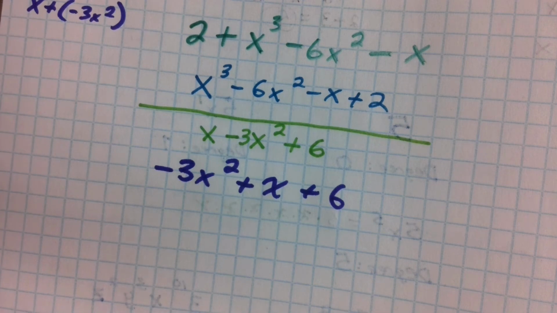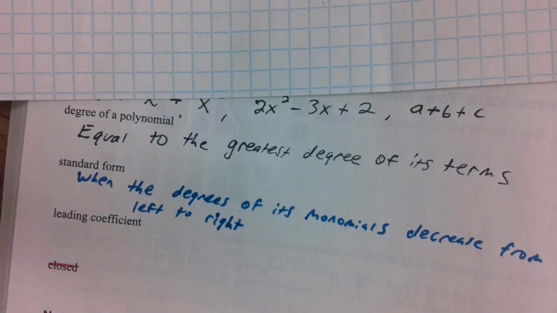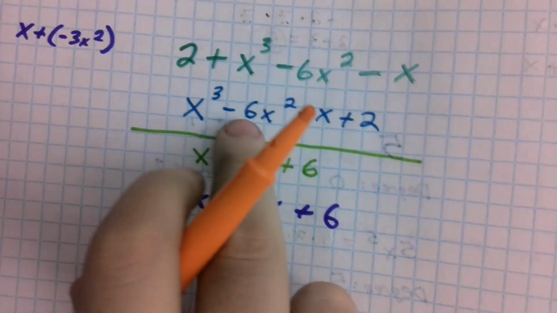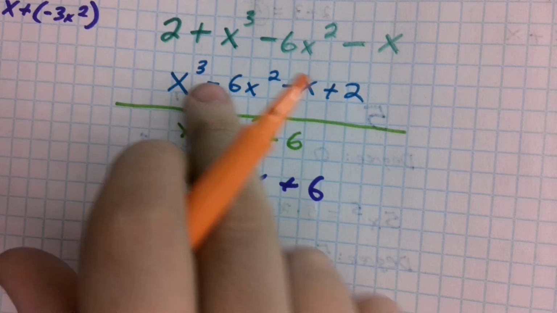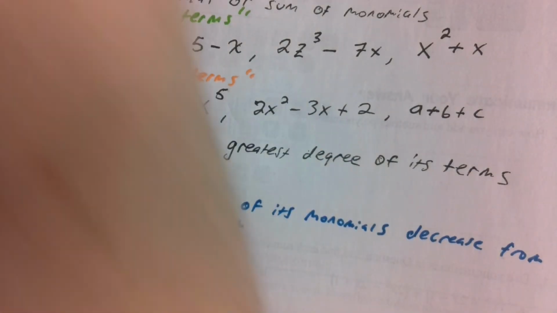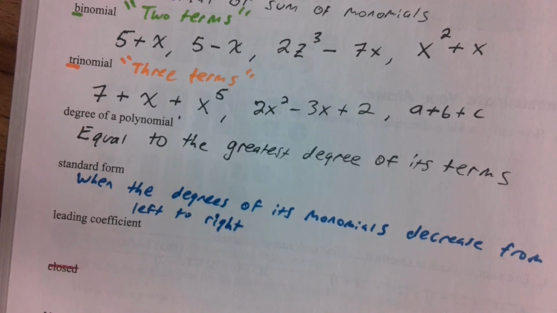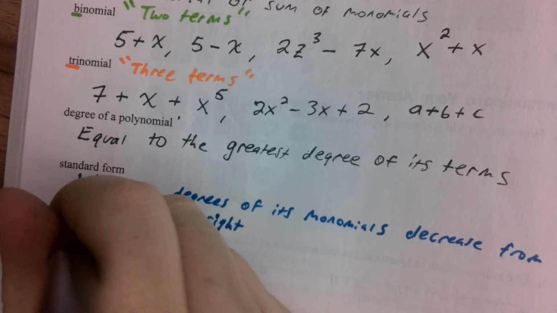There's one last thing I want us to take a look at, and that's a leading coefficient. Now, a coefficient is a number that comes before a variable. For instance, in this term, the coefficient would be negative 6 for the negative 6x squared, because negative 6 is being multiplied to x squared. We define the leading coefficient as the coefficient, or number,